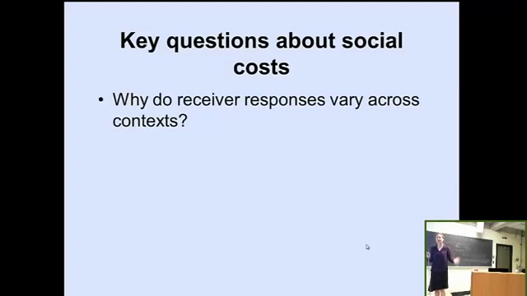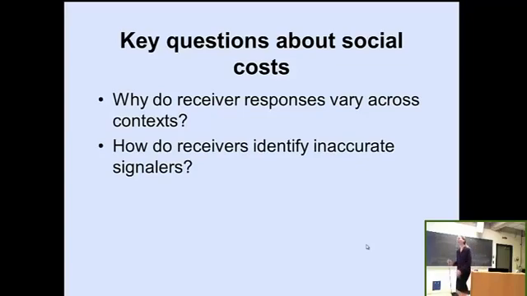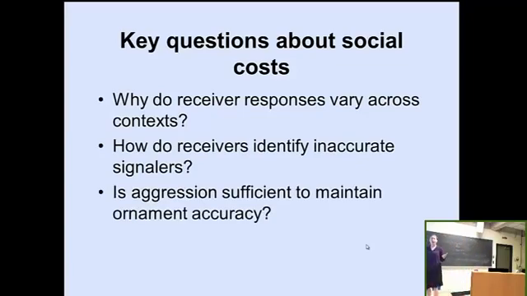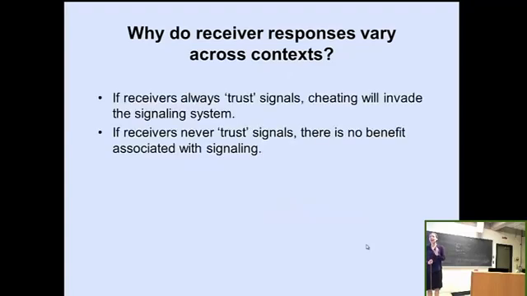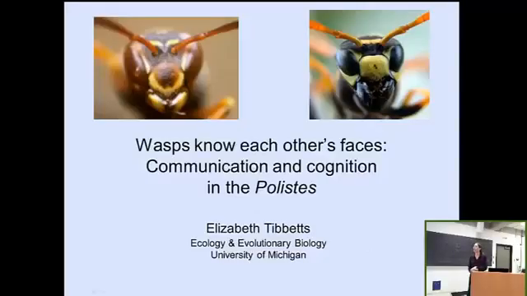So that's the kind of experimental outcome that's very distressing to a researcher, right? You hope that your experimental results are going to be consistent. So as I thought about this problem with my experimental results, I thought that, hey, maybe this isn't actually a problem. Maybe it's actually an important result that might help explain the evolutionary stability of signals with social costs. And the reason for that is if receivers always trust signals, then cheating can invade the signaling system. If every time a receiver sees a rival, they say, oh, you're safe,